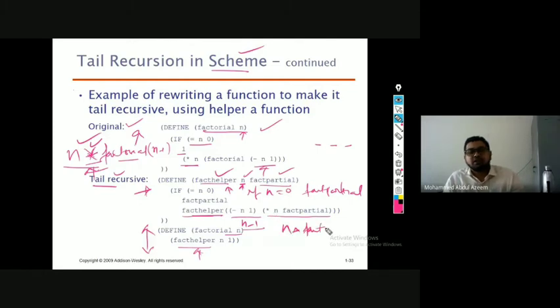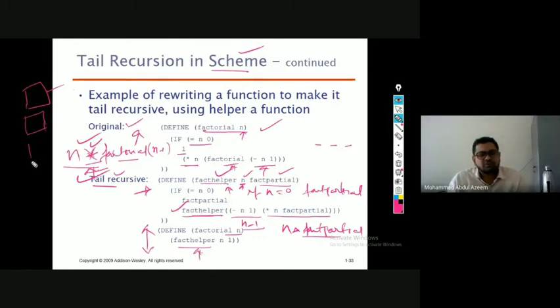Now you can come to why we convert the normal recursive into tail recursive. What is the advantage of converting it into a tail recursive? As I said, if I go with normal recursive, for every function call an activation record is generated. So if you have n number of calls, then for all such n calls, n activation records are going to be generated. So while you unwind, when you terminate here, what happens?